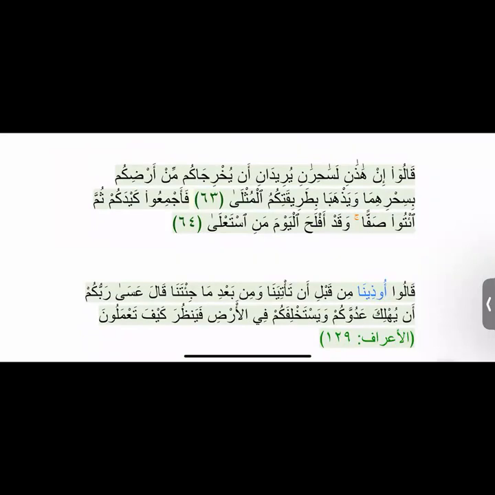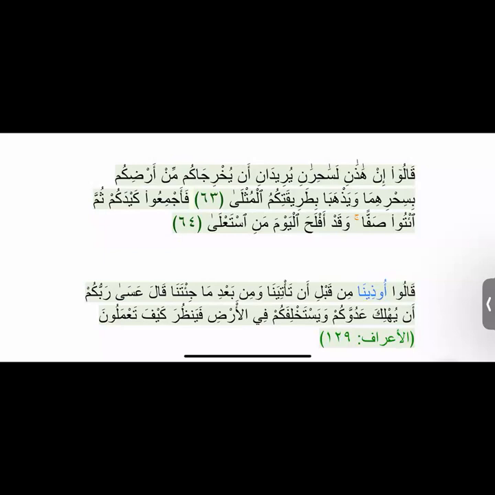Hazani is dual. Okay, this is the two, and then what about la sahirani? No, it's not jazima. Do you see mudare after it? Do you see mudare after it?